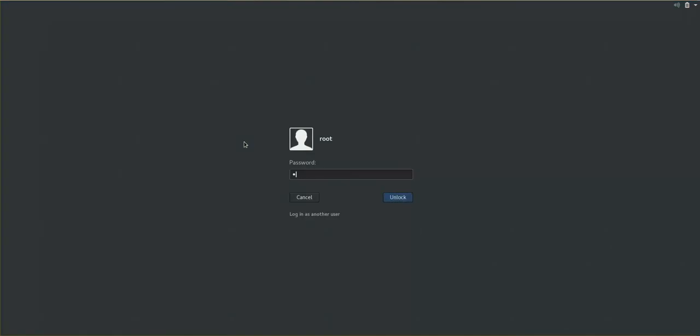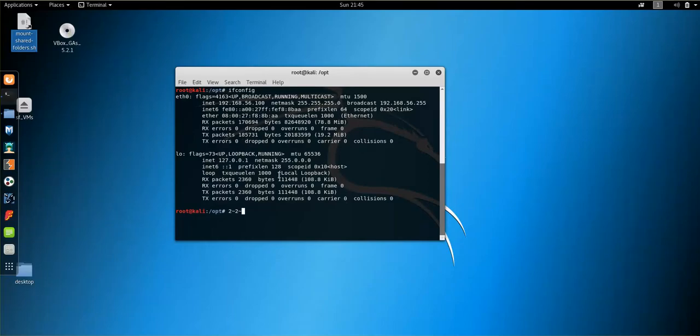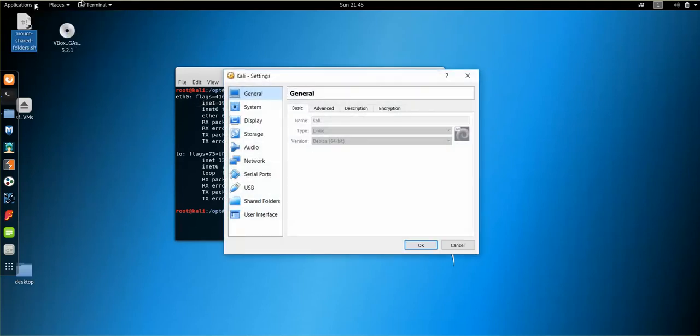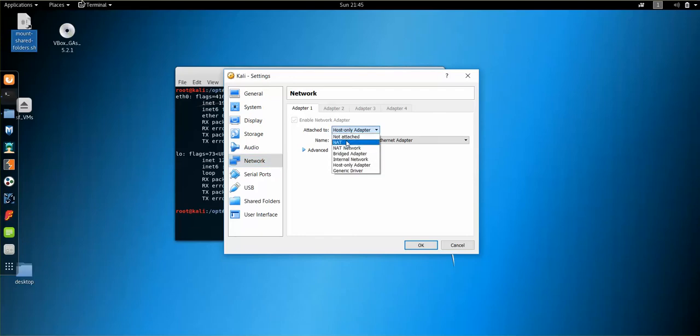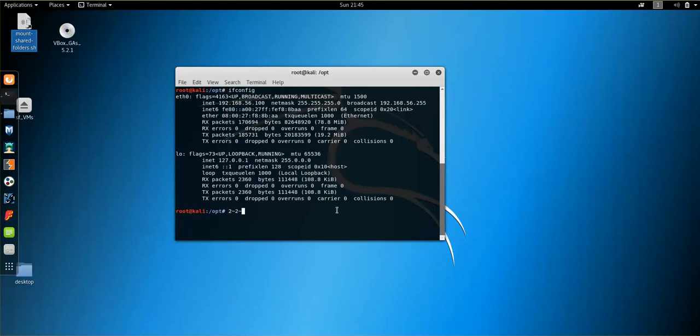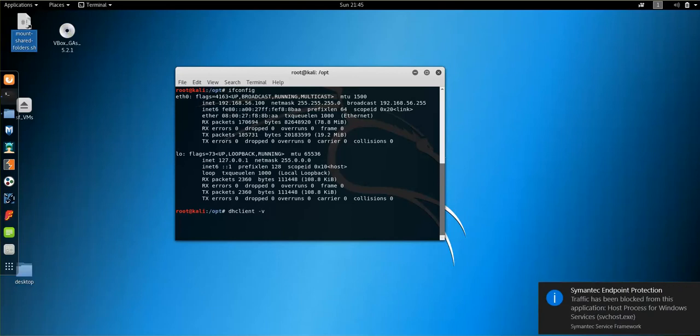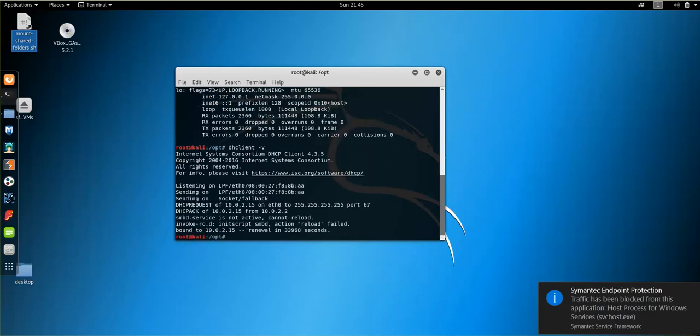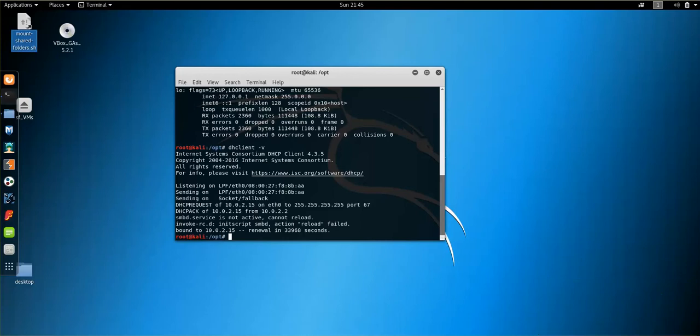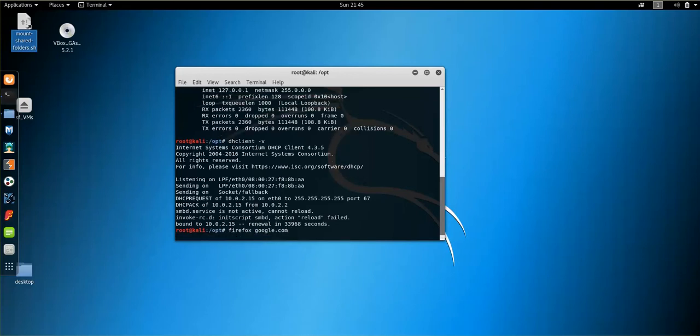The first thing we'll do is go into the Kali VM and change our network configuration to allow us to connect to the internet. So I'm going to do a network translation, and then from a terminal, I'm going to type in dhclient -v to get a new address. Then I'm going to open up Firefox to google.com,